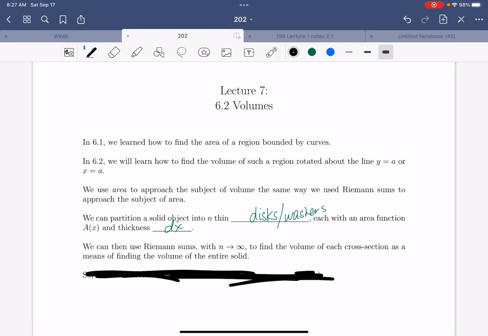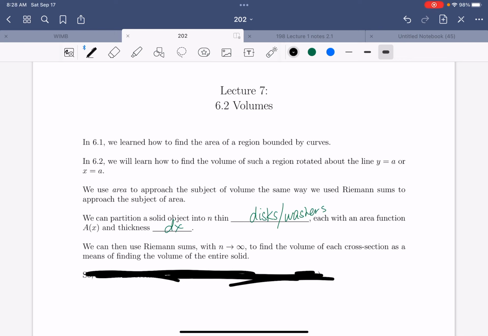Welcome to Lecture 7. This is Section 6.2 on volumes. So in our last section, in 6.1, we learned how to find the area of a region bounded by curves. So we can find the area of a space. And in this section, what we want to do is take that space and